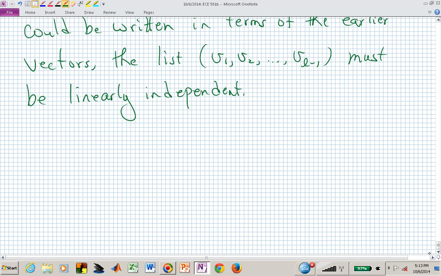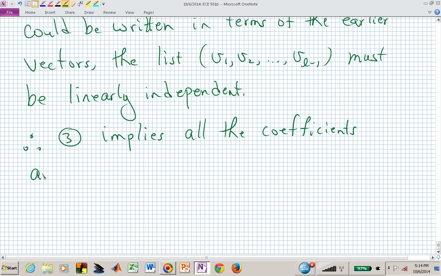And now, after studying for the exam, you know what that means. You know that equation 3, this linear combination of linearly independent vectors equal to 0, implies all the coefficients are 0,